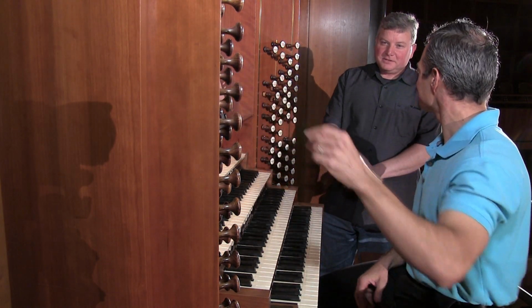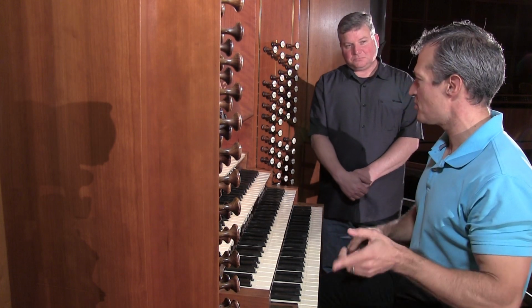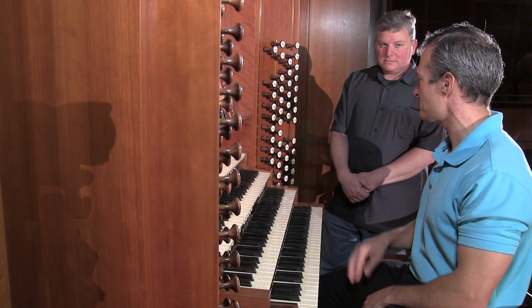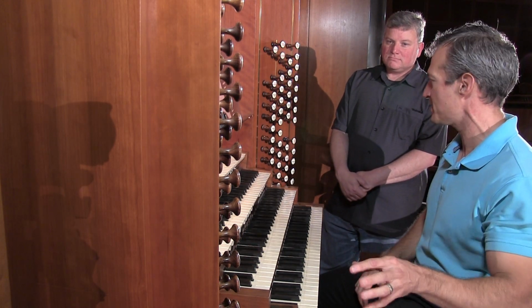I want to ask you about a little feature there. I noticed some lights came on when you turned those on. What does that indicate? Yes, so since most of the instrument is mechanical action, but then we have this borrowing that happens from the pedal division to the resonance. Those lights, if I draw a stop here in the great division, such as the 8-foot trumpet, and then I draw the same stop in the pedal division,